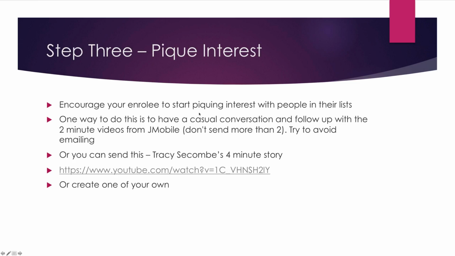Step 3 is piquing interest. What we mean by piquing interest is getting someone interested in the business, interested in the products or the business opportunity of Jeunesse. What we want to do is encourage your enrollee to start piquing interest with people in their contact list, in their warm market. One way they can do this is to have a casual conversation with someone, maybe in a bar or something like that. And then they need to follow up with a 2-minute video from J